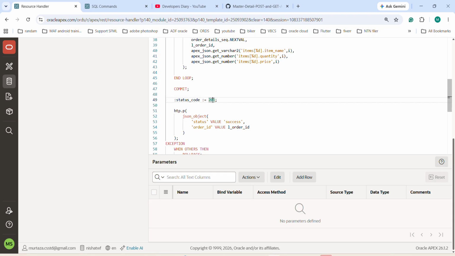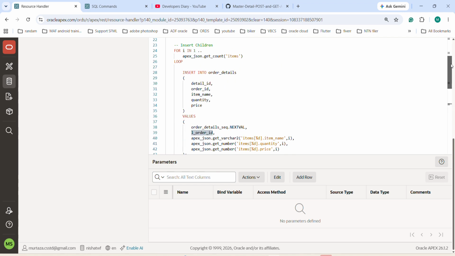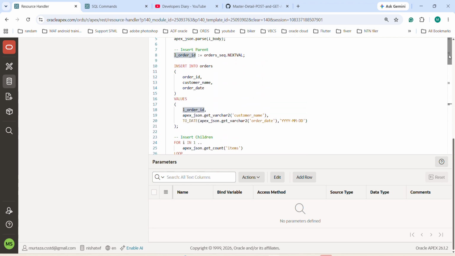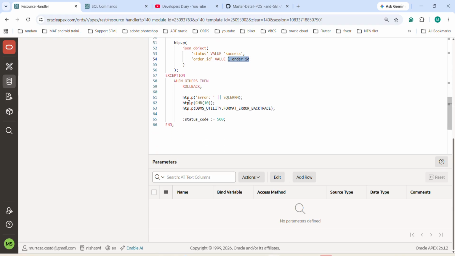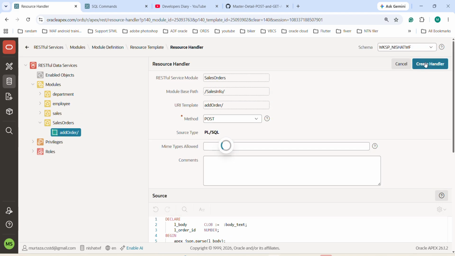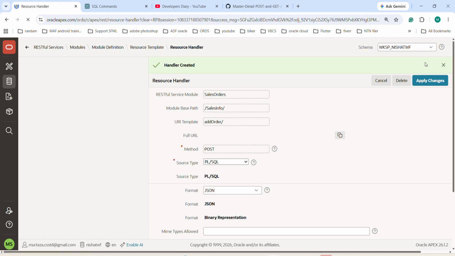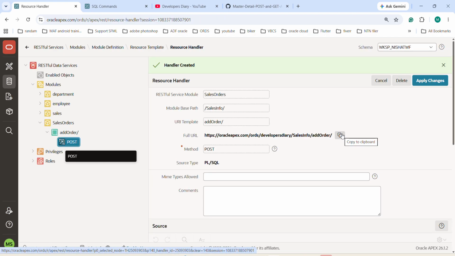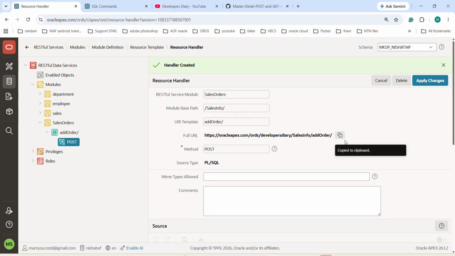If the record is created, then we are creating a success string using a JSON object and the order number that has been generated over here. In case of any exception, we are sending the error message and showing the status code 500. So let's create this handler, and thus we are getting the full URL. Copy this URL,